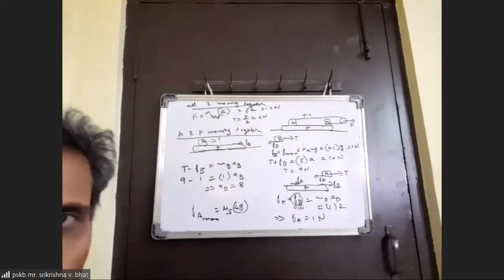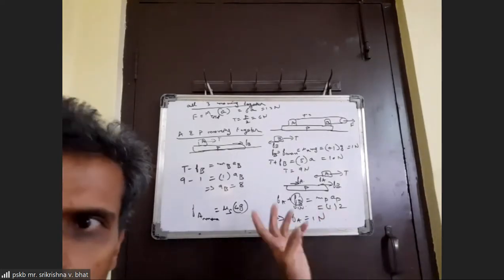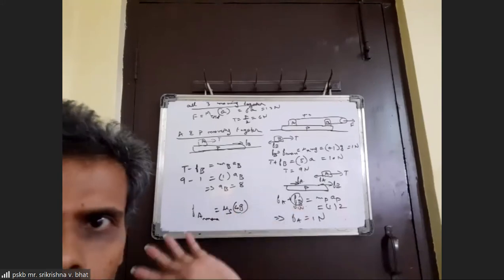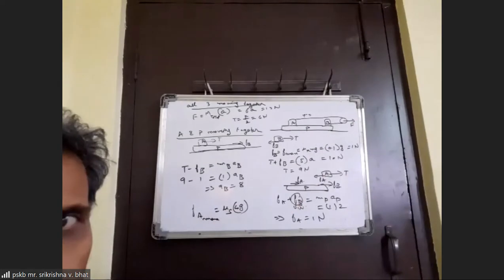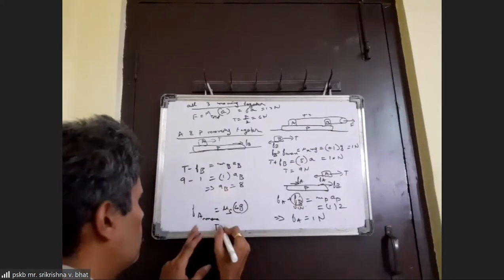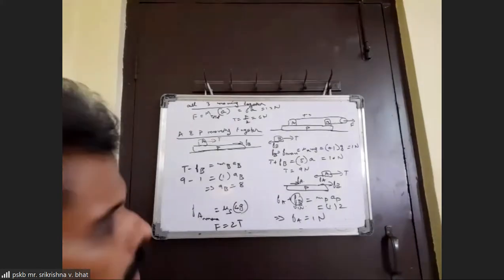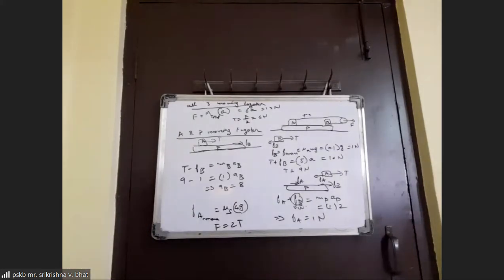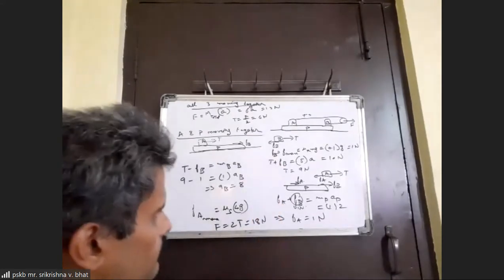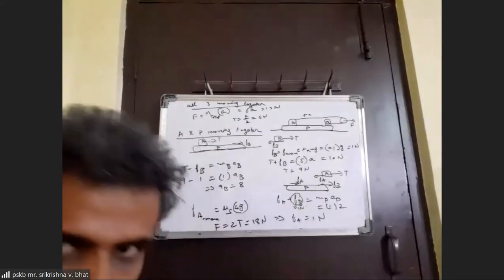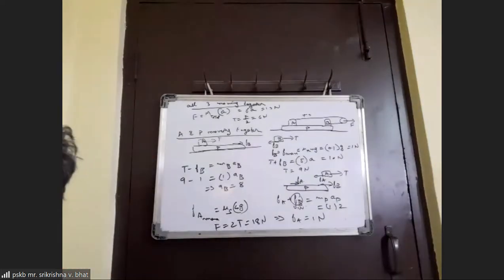And we have already determined in the process accelerations of all the 3 blocks, and the friction forces acting on both A and B also we have calculated. The only thing that is left now is to determine the value of F. But the value of F is nothing but 2 times T. So since we already got tension to be 9 newtons, so this must be 18. Right? Is it clear?